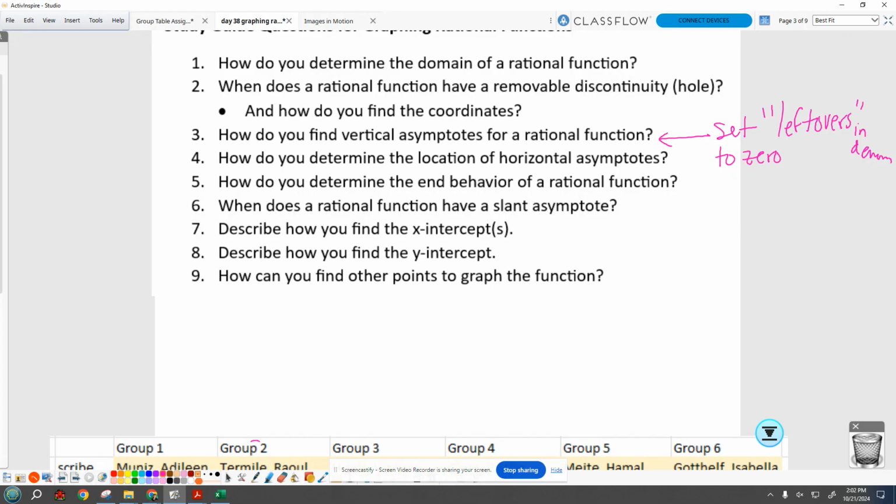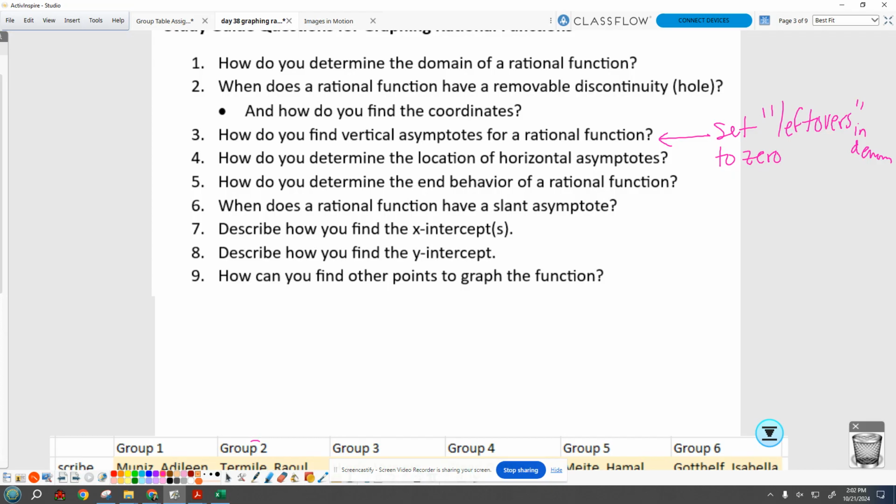End behaviors, graph the function and see where, and find intercepts and or holes. No. End behaviors are whatever the horizontal asymptote was. If the horizontal asymptote was y equals 0, then left end and right end behavior, as x goes to positive and negative infinity, is also 0.